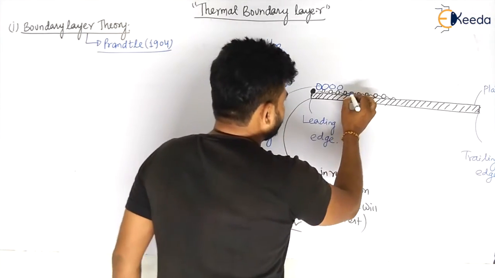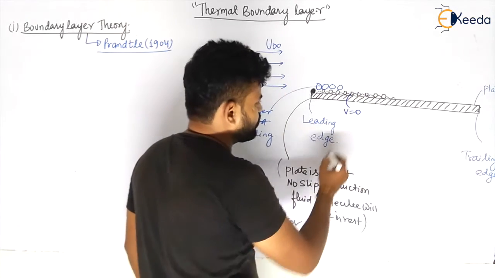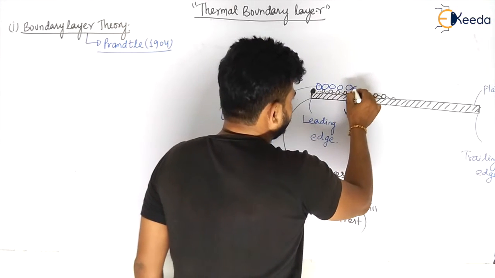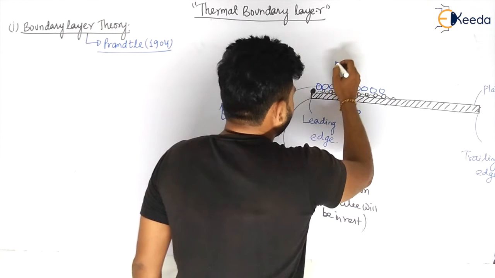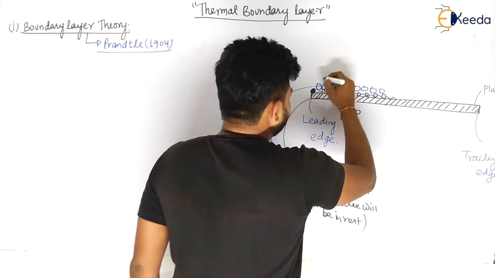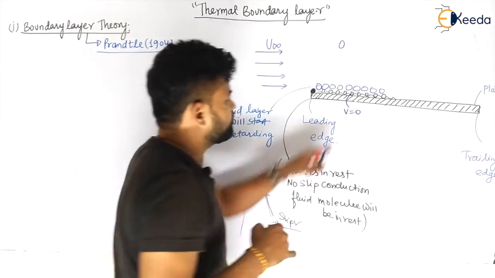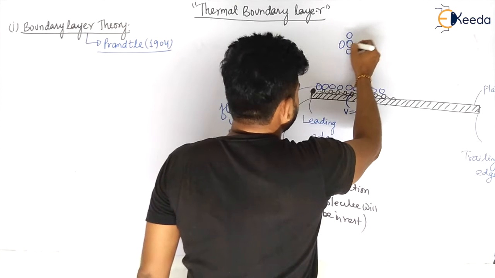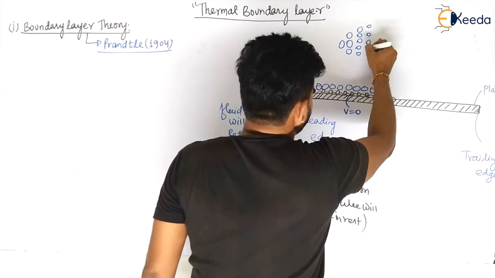So the velocity is at rest. Let us say this has some velocity equal to zero, my dear students. Now the other layer is also there. As you know, the area is continuously increasing. Now one molecule sticks to this surface, then two molecules stick, then three, four, like this. The molecules are sticking to this surface.